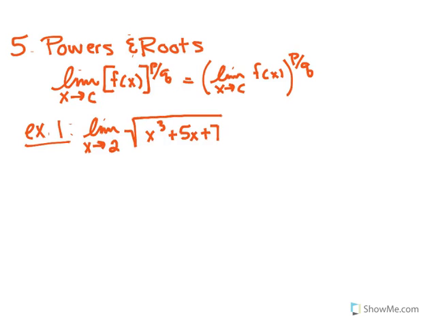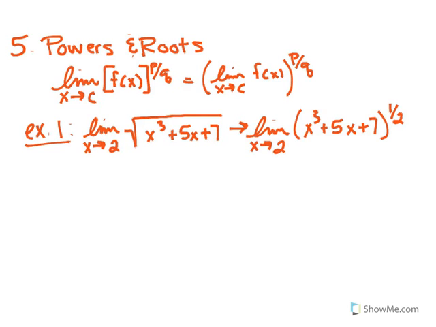So for our first example, we're going to have the limit as x approaches 2 of the square root of x cubed plus 5x plus 7. So what we're going to do first is rewrite this as an exponent, and square roots have the same exponential value as 1 over 2. So here I'm going to rewrite it